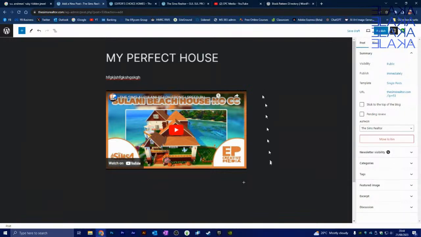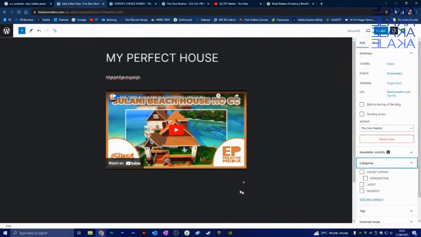My perfect house. And then you will find that once you have finished typing and adding all the elements that you need to add to the post, remember I mentioned about always paying attention to the right-hand side. Well, when it comes to posts, it is very, very important because there's a lot of things you need to be able to implement there. So one of the first things that I pay attention to personally is the categories. As soon as I have finished typing my post, the first thing I do,